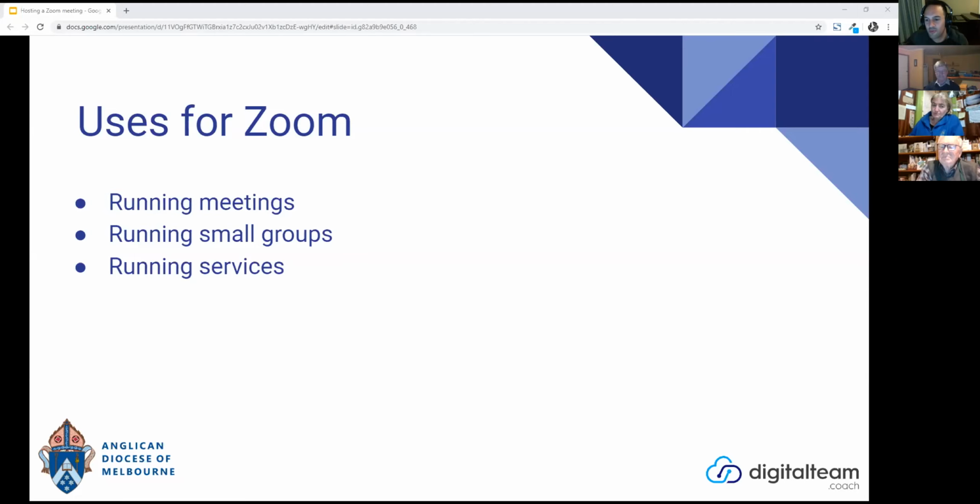And thirdly, which is probably the main interest of this session, is running services. When you run a service on Zoom, even on a free account, you can have up to 100 people in the room, with their cameras on if they want to, or with their microphones on. It's not dissimilar to a Sunday service where you're there in front and you might be presenting, but you also get that face-to-face interaction. You can see people's responses, and you can have dialogue as well. So it's a very versatile tool.